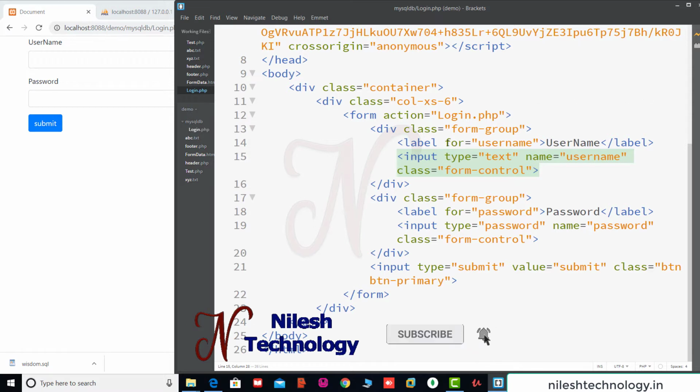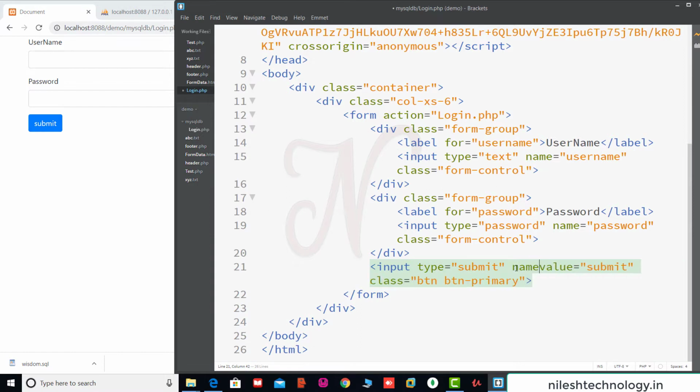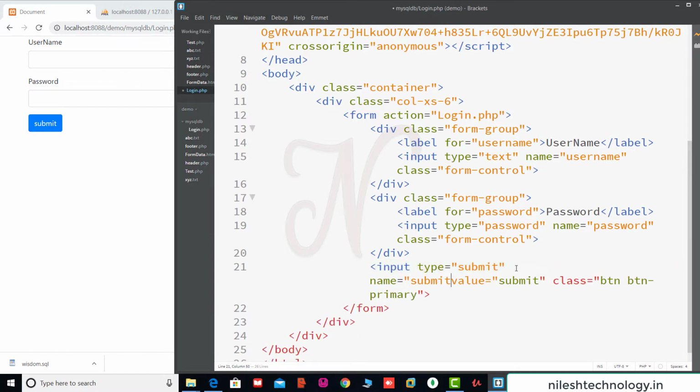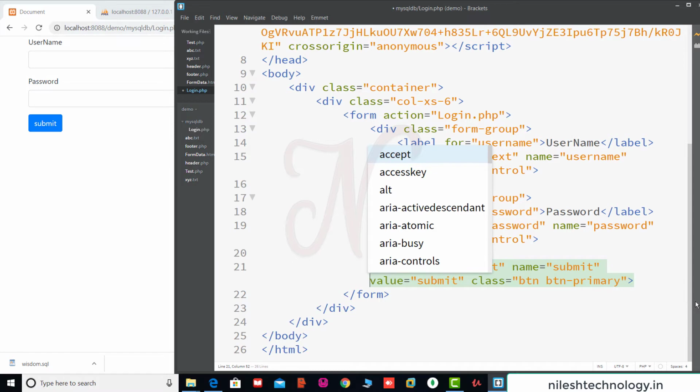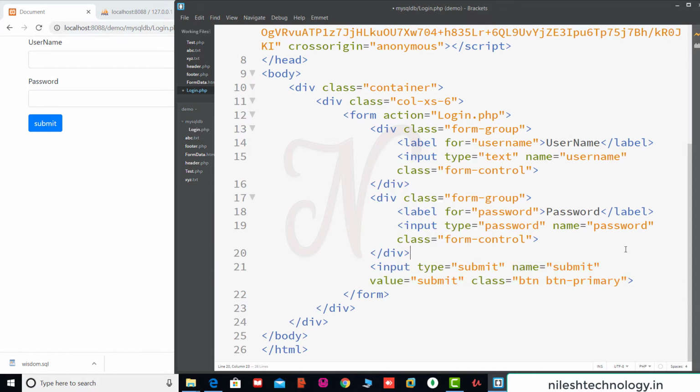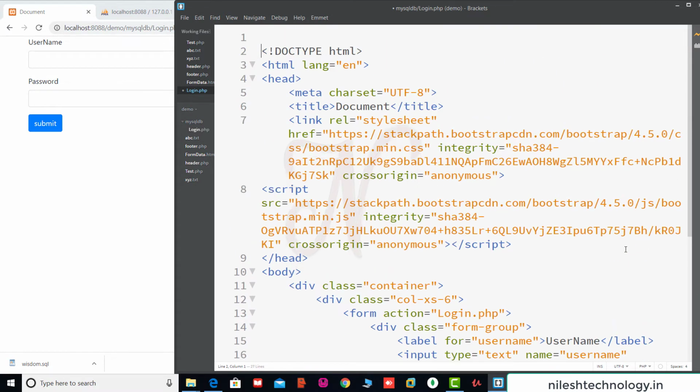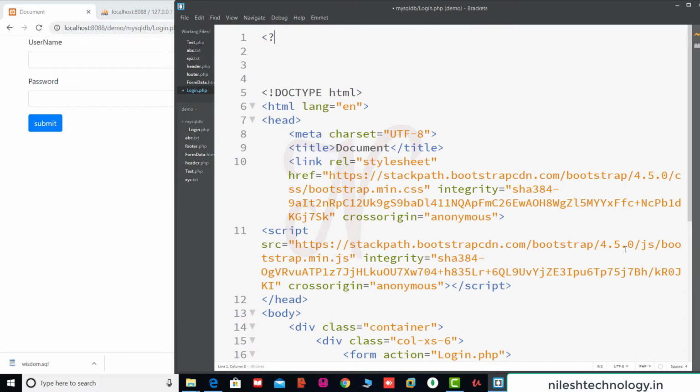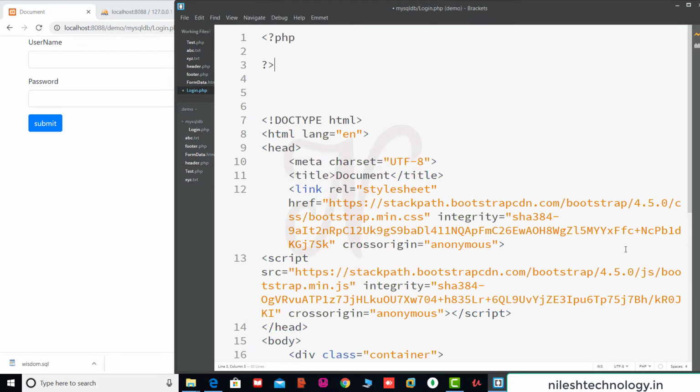Okay, so here in the submit button we set the name equal to submit. Okay, and going to the top of the page, here we add one PHP script and check here. We are going to be receiving some of this information, and we already did some of this before when we created the form.